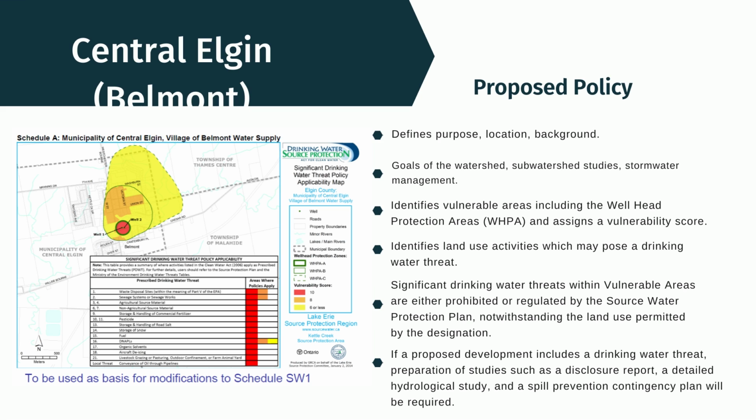The proposed policy is lengthy, but copies of the policies are available here tonight for review or head to our discussion paper number 3, Appendix C, to review. The proposed policy defines the purpose, location, background, goals, and it identifies the vulnerable areas and identifies the land use activity which may pose a drinking water threat and the requirements for studies if proposed development includes a threat. Policies